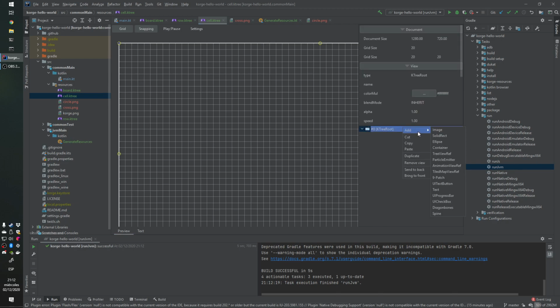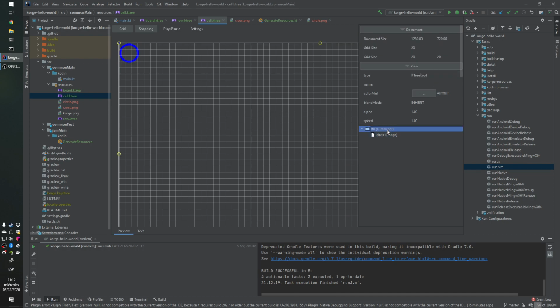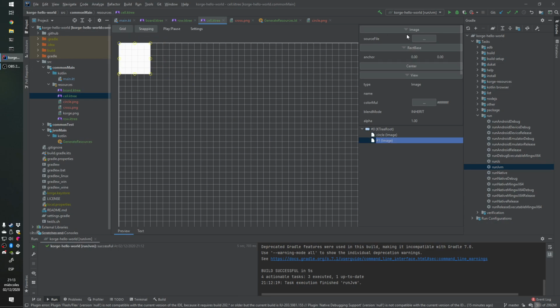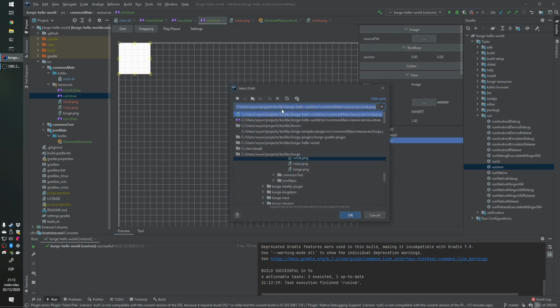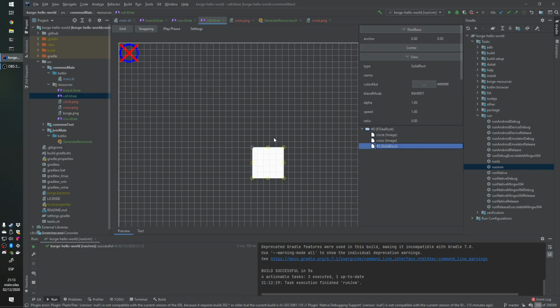For example, the circle and the cross here, cross, and maybe we can provide some kind of highlighting here, maybe something simple like a solid rect or so,